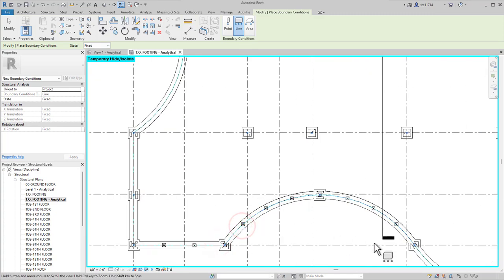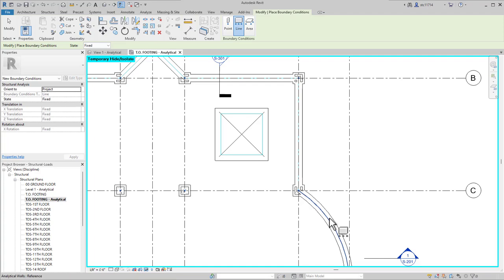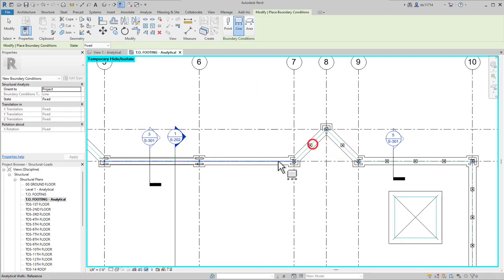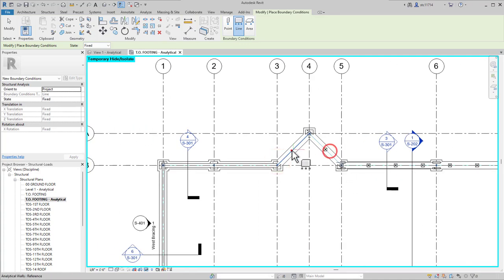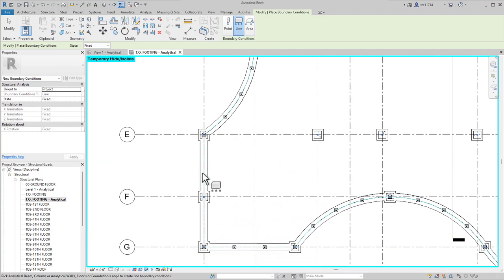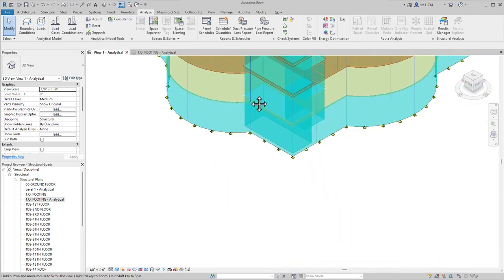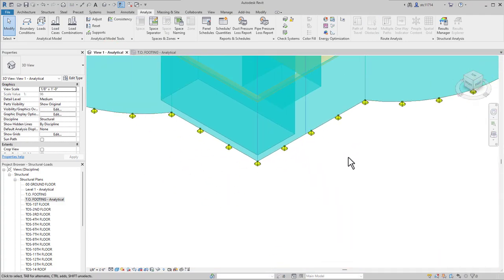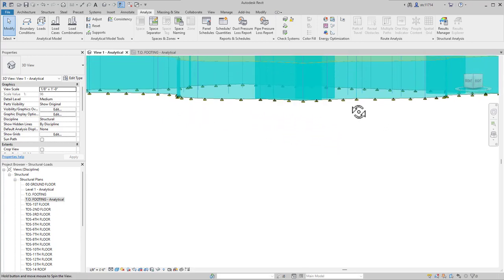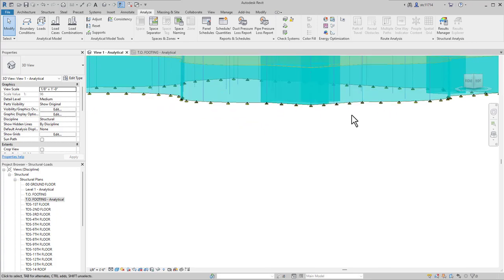You will then see it place the symbols to indicate that there are loads here. Unfortunately, there is no way to select multiple lines at the same time, so you will have to go all the way around the model and select each one. Let's take a look at that in 3D, and we can see the load cases added in to the bottoms of the walls here. We also have a lot of columns on the inside here, so we want to add some load to those as well.